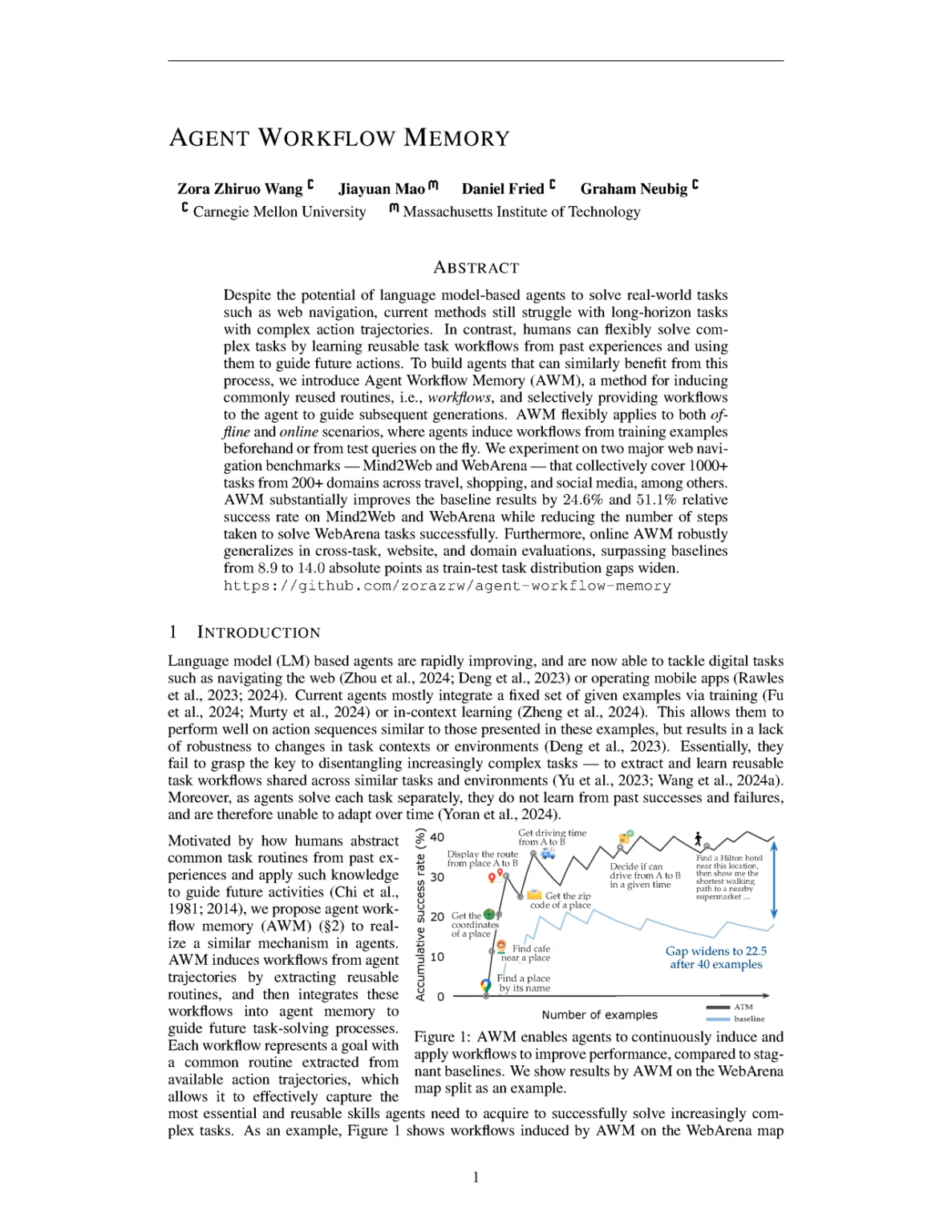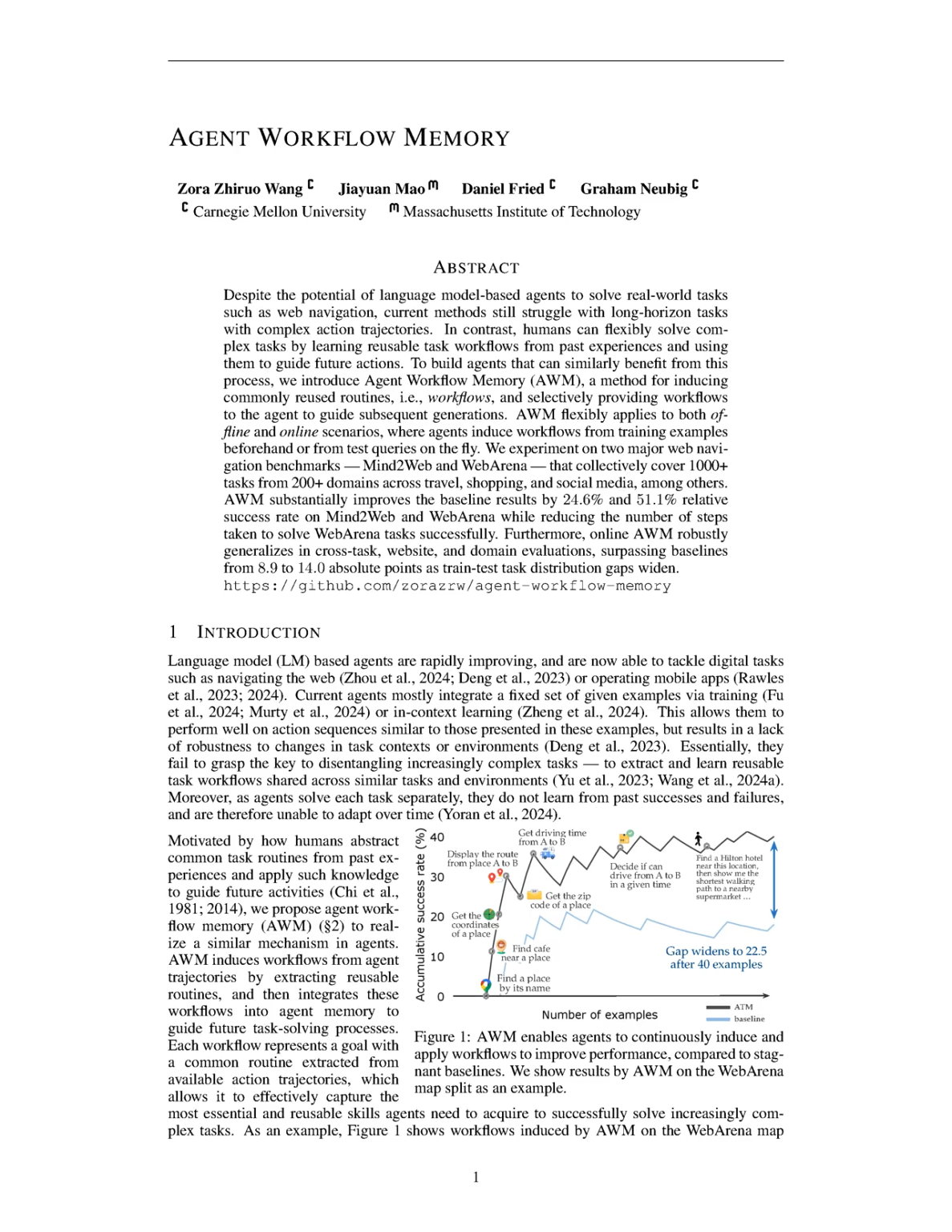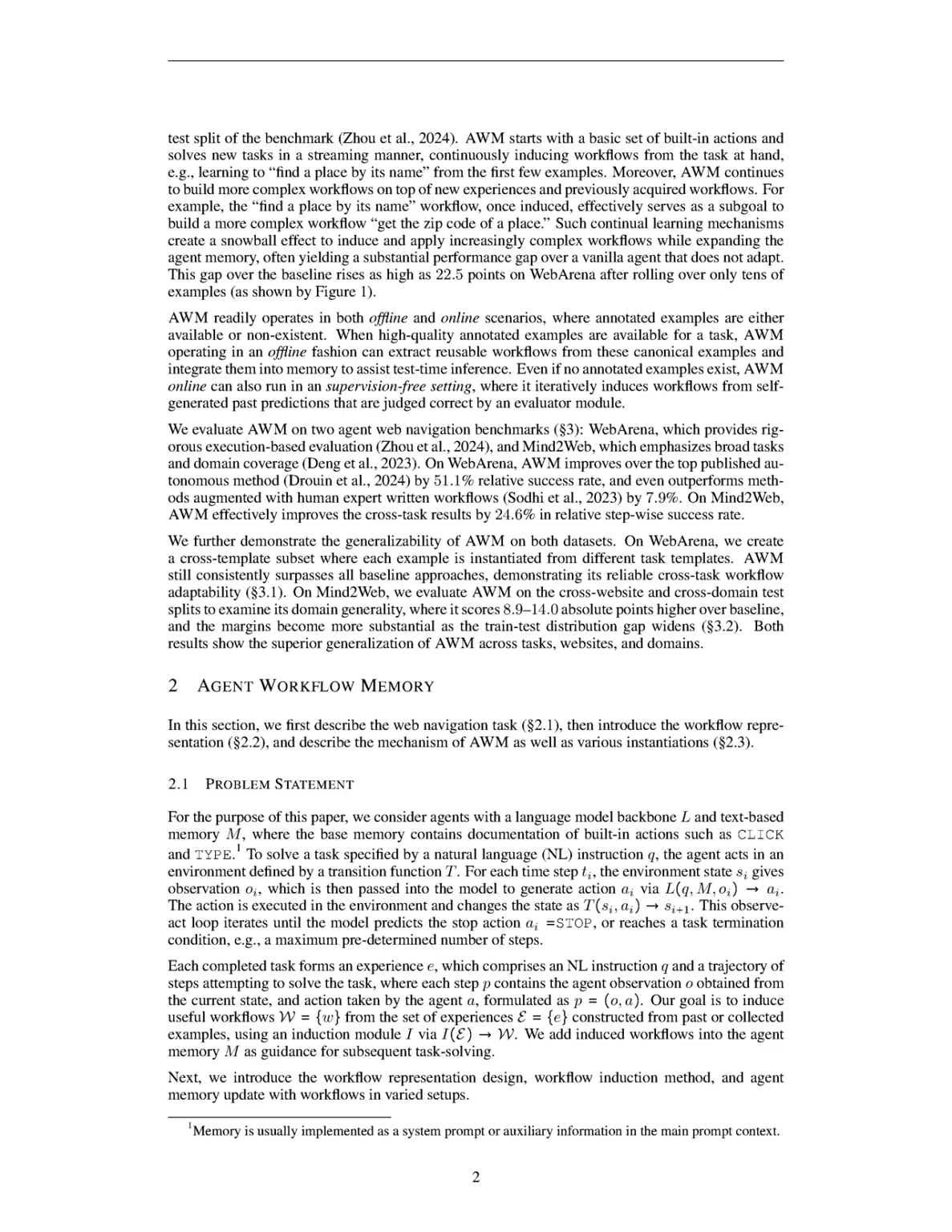different tasks and domains. Can you provide a specific example demonstrating how AWM induces workflows from agent trajectories? Walk through the example and explain each main step in detail. An example of how AWM induces workflows from agent trajectories can be illustrated through the task of finding a place by its name. Initially, AWM starts with a basic set of built-in actions and processes a few examples related to